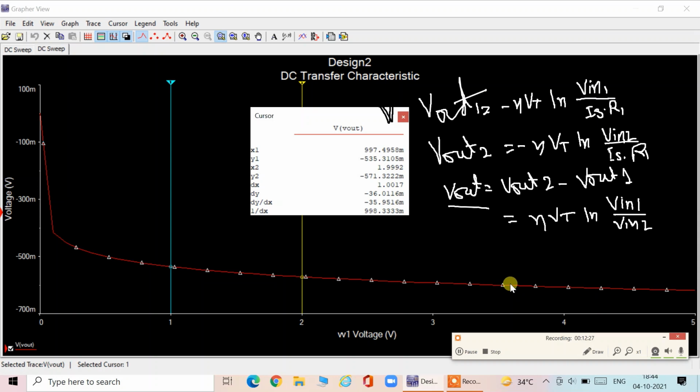I hope you have understood this. Similarly, the same thing you have to do for the anti-log amplifier. Same thing you have to do in the lab. Again, make the circuit. After completing the circuit, change different values of V1, measure V2, then draw a plot, then find the difference and substitute in this particular formula. If it is true, it means that my V0 is proportional to log of V in. Thank you.